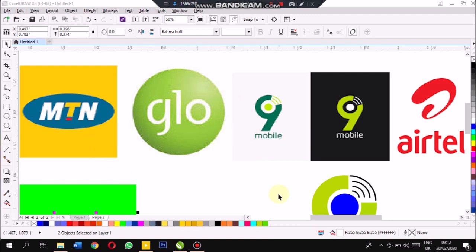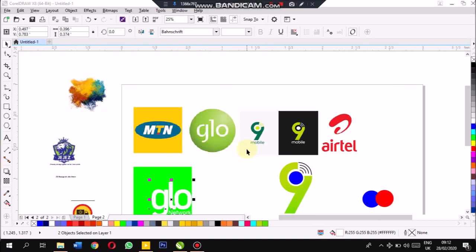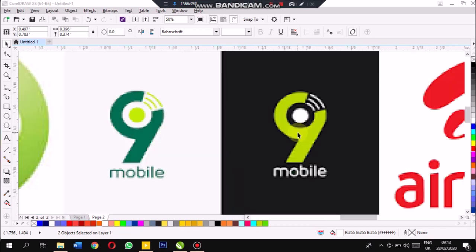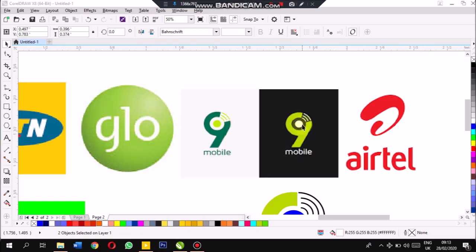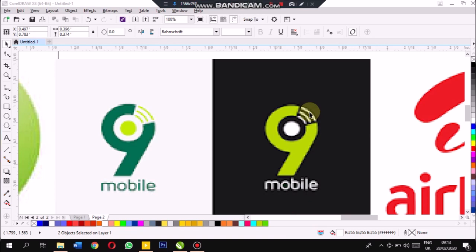So the next point is the aestheticity of a logo design. That is the creativity in that logo design. When we are trying to create a logo design, we have to try to be more creative. You can see that in this 9 mobile logo design, this is the figure 9, but some portion of this 9 has been cut off,